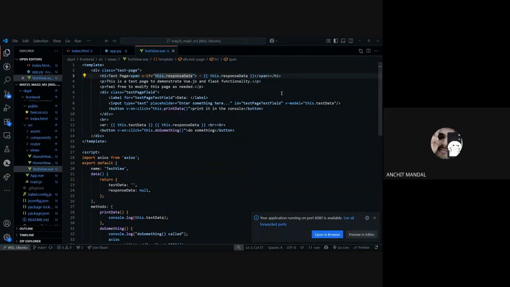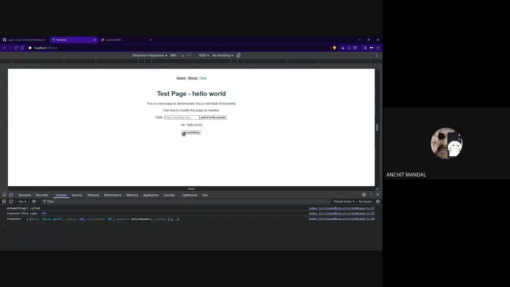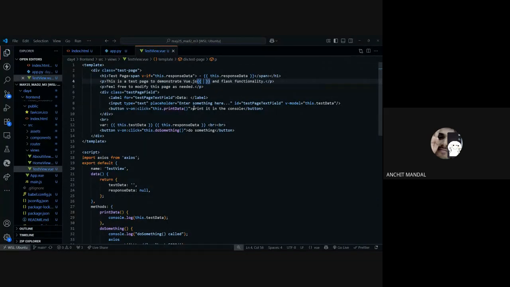Or else there is one more way, a similar idea, just a bit different. I want this, Vue and Flask, to pop up only and only when I click do something. So what would I do is, this would show